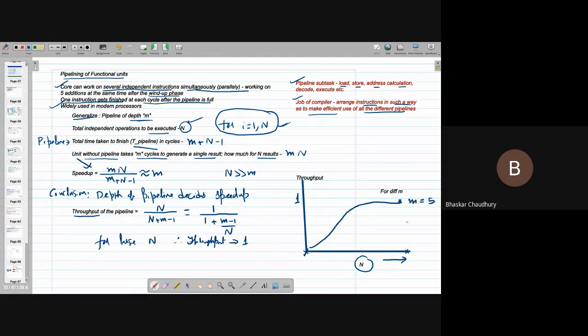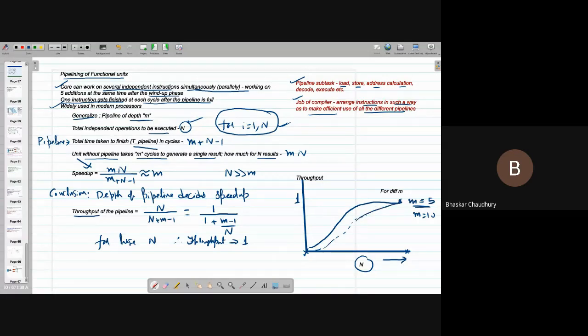Now I want to draw the same diagram for another pipeline which has 10 stages. So this is the diagram for a pipeline which has 5 stages, and I want to draw a similar diagram for a pipeline which has 10 stages. How will that curve look? Will it be below or above this curve? Below, actually below. Okay, so let me draw it below. I'm just taking your answer here. And finally it will go to 1.